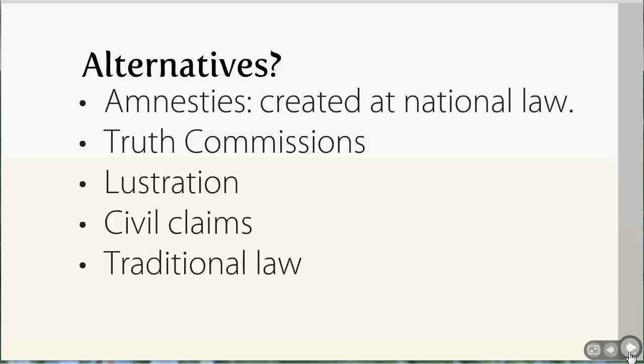Truth commissions, lustration, which is basically sacking everyone associated with an old regime. Civil claims, in effect, individuals suing those who tortured them or committed war crimes against them. And traditional law, indigenous courts, as happens